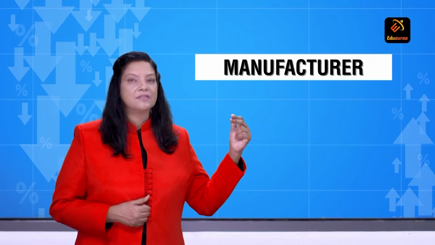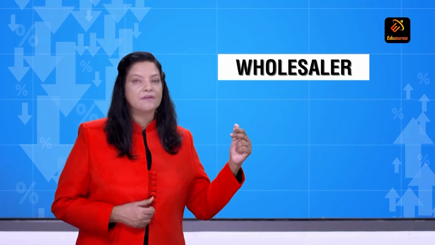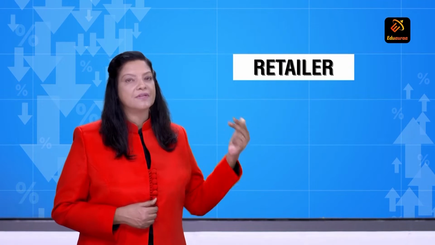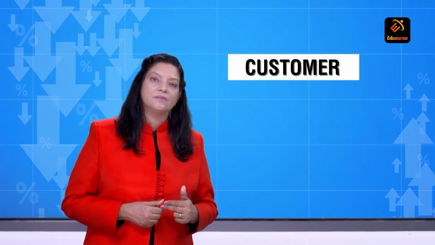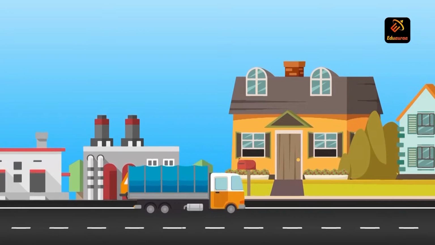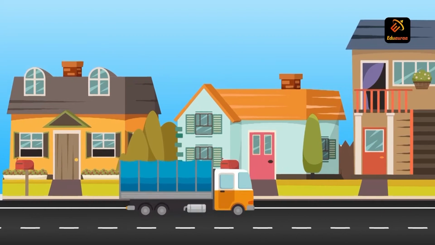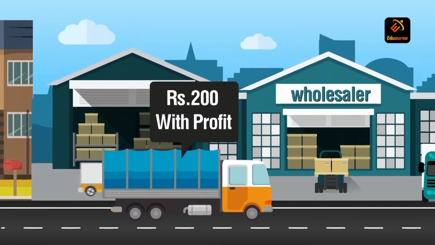What are they? First is manufacturer, then through the agent it comes to the wholesaler. From the wholesaler to the retailer and from the retailer to the customer. Okay, these 4 steps. Suppose manufacturer of a watch has sold one watch for rupees 200 including profit to the